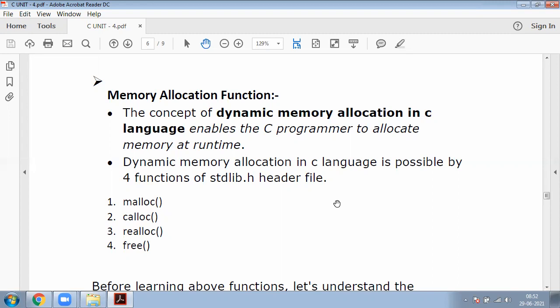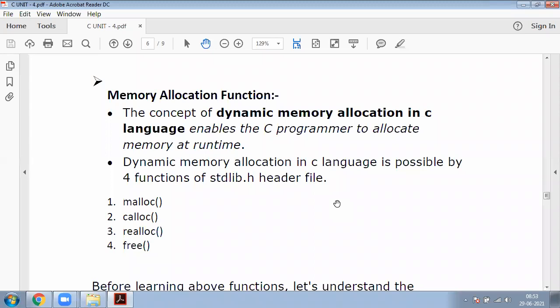This is nothing but dynamic memory allocation. With the help of the following four functions, we can perform dynamic memory allocation in C language. If we want to use these functions, we must include the header file stdlib.h.